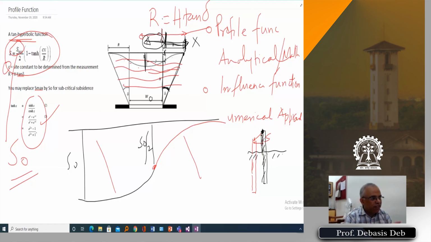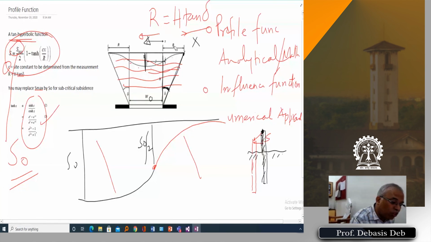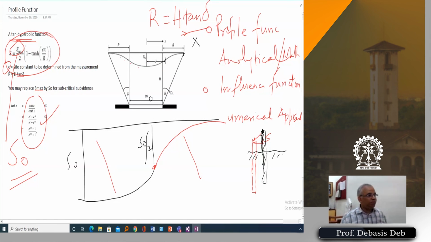If I know the delta, I can also find out this offset distance, where that inflection point will be. So either way I can find the inflection point if delta is known, or if the inflection point is given, I can know the delta, provided this curve is known, that is, the C value is known. So like that we calculate and find out other parameters also.